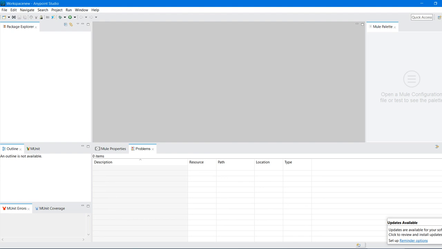Right now we have set up Anypoint Studio. To open Anypoint Studio, we require JDK on your machine, not even higher versions, it's JDK 1.8. After that we need to set up the environment variables. Okay, thank you for watching my video. We'll join in the next session on how to create a new Mule project. Okay, Mule project. Thank you.